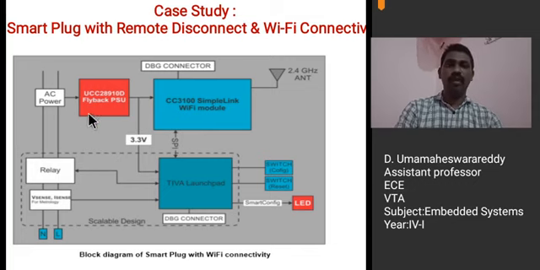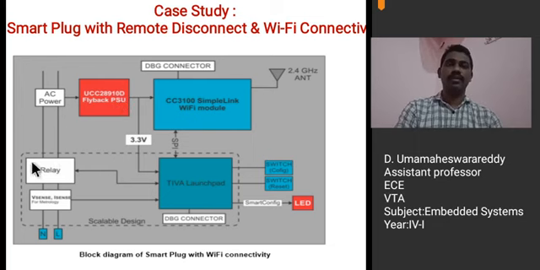Coming to this block, the UCC28910T module is a regulator and current driving, current limiting module. This module is used to step down your AC power supply and give the voltage required for the CC3100 and your Tiva Launchpad. The Tiva Launchpad only requires 3.3 volts for operation, and the CC3100 requires 3.3 to 5 volts. The voltage and current required for the two boards is given with the help of this driver board.